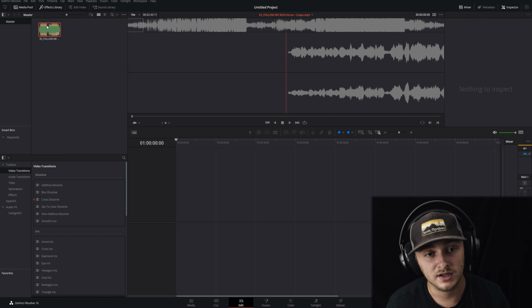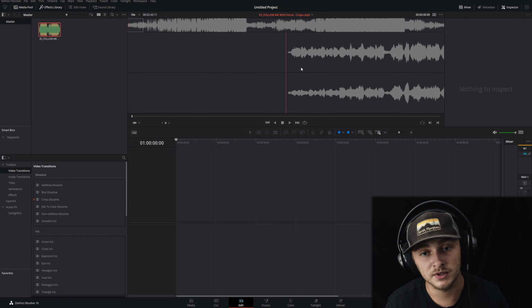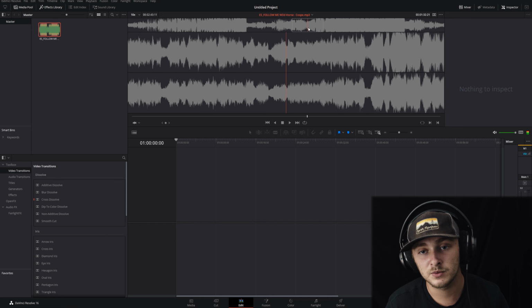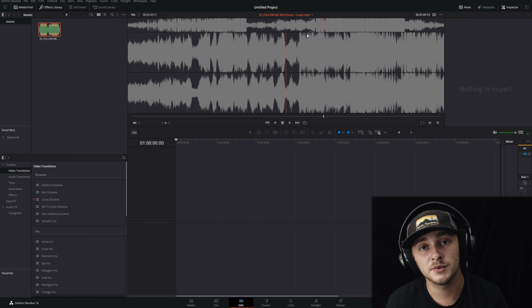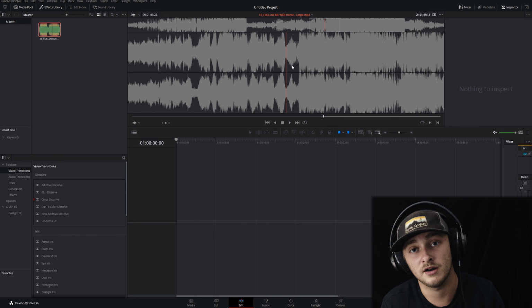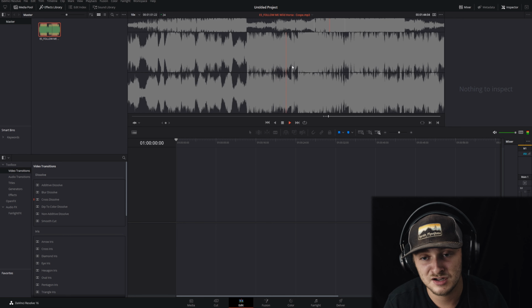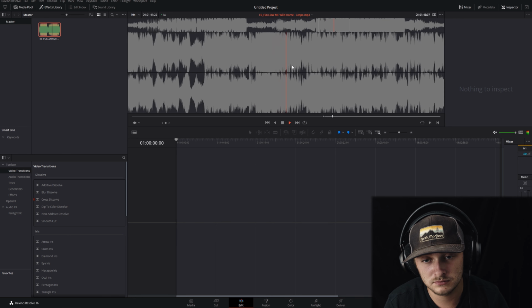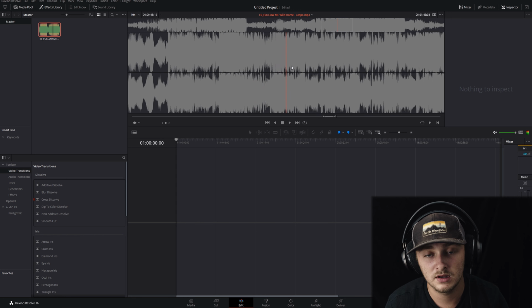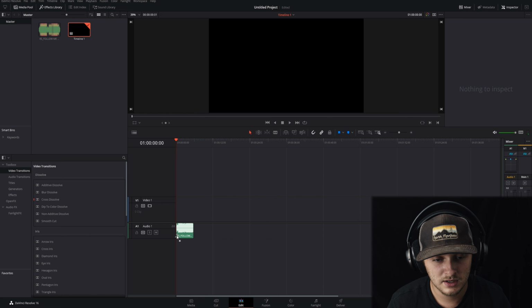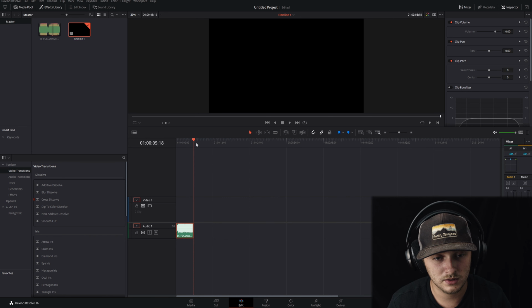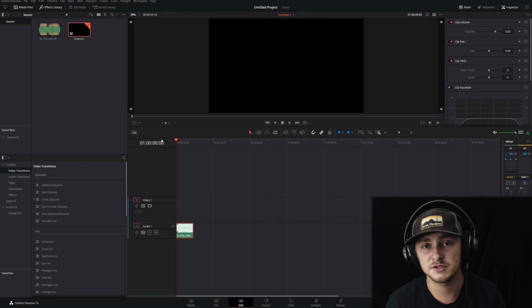So we're going to double click on it so that it shows up here in our preview window. Then we're going to find around where we were, right there, and hit I on our keyboard to set the in point, and then we're going to play it, and in a few seconds we'll hit O to set our out point. Right there. We'll call that our out point. We'll drag this down in here, and if we look, we're just about 5 seconds, which is perfect for the